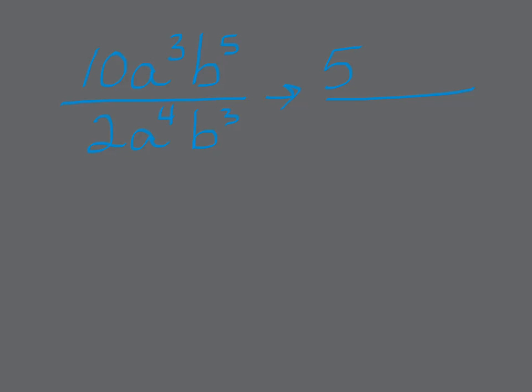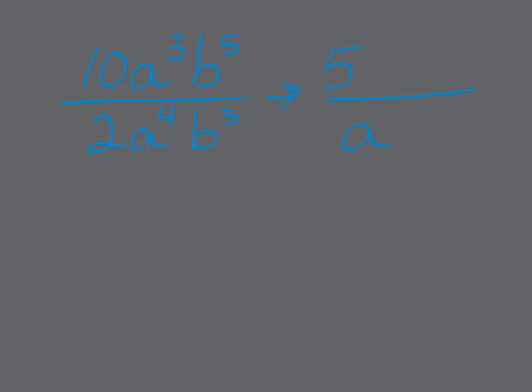Now remember, when we multiplied, we added the exponents. So when we divide, we're going to subtract the exponents. In this case, we're going to say 4 minus 3 is going to give us 1. But where is that 1 going to remain? Since we have 4 a's in the bottom, we're going to have an a left over in the bottom,